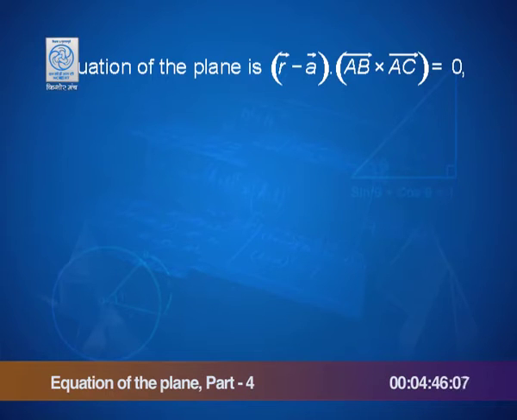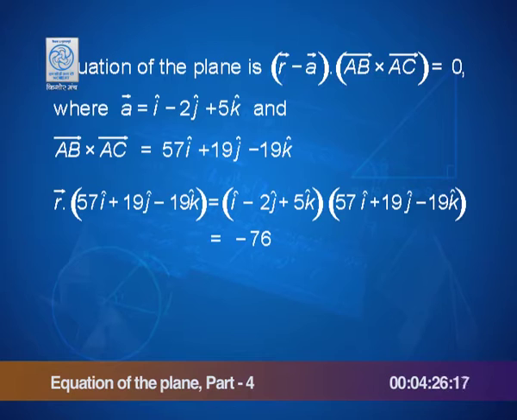We did see that equation of a plane through a point is given as vector r minus vector a dot n. Now, vector n gets replaced with AB cross AC. So, we have everything ready to form the equation of the plane, and that simplifies to be the same as vector r dot 57i plus 19j minus 19k cap equal to negative 76. Simplification of vector a and the vector n, which is along AB cross AC, dot product, and therefore,